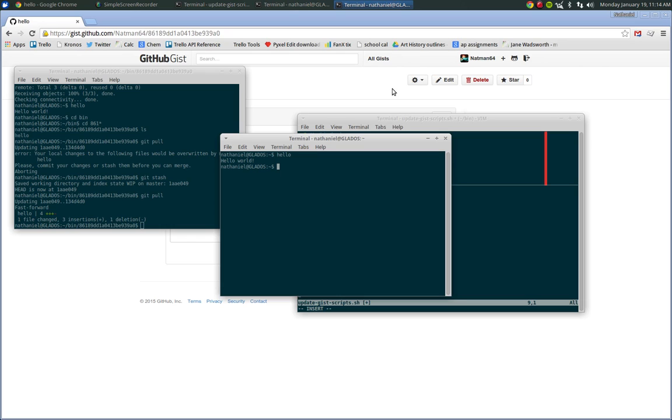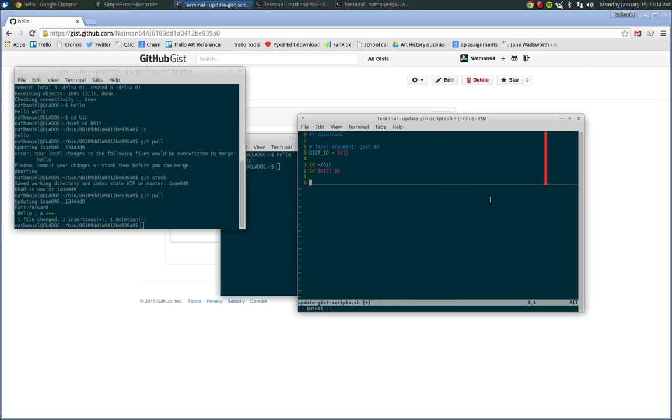So what we need to do to get around that is, once again, we need to loop through all of the scripts inside that folder, and we need to delete their symlinks just like we did in the uninstall script, only we also want to create new symlinks. So there will be 2 steps in that loop. So yeah, back to this script. We are inside the gist directory, git stash and git pull, like I just showed you in the terminal. Scripts equals star, for f in scripts, do